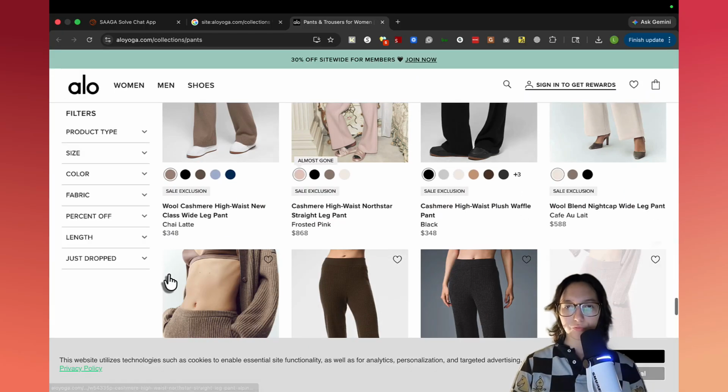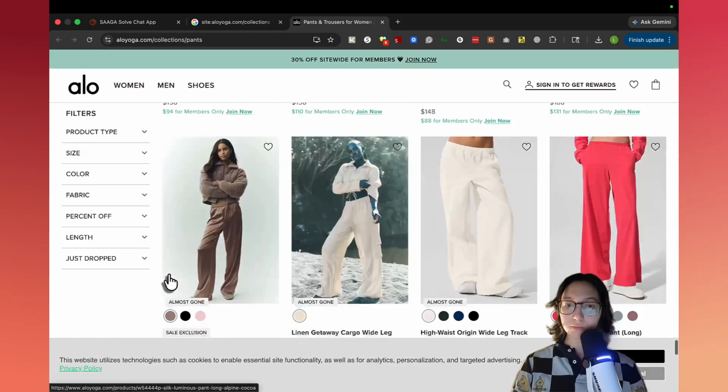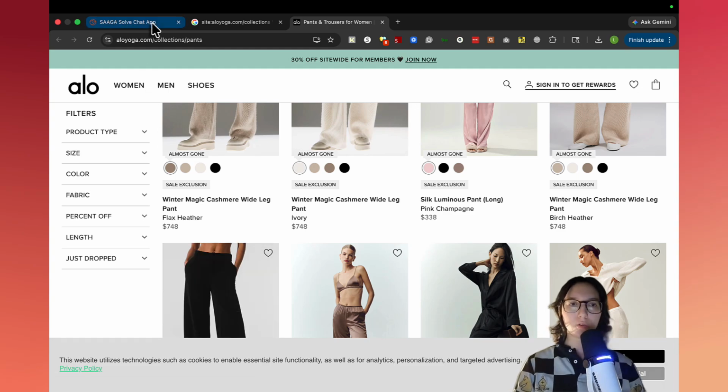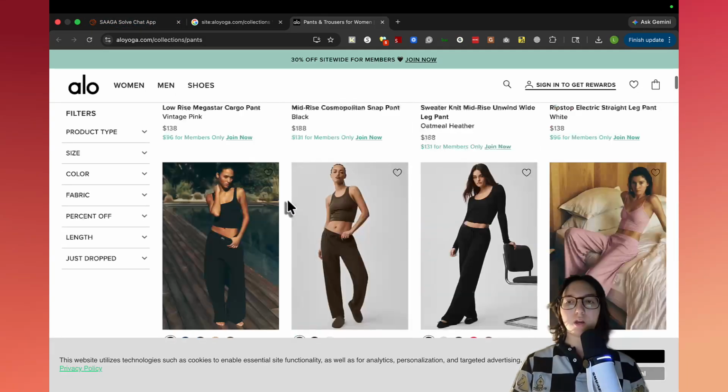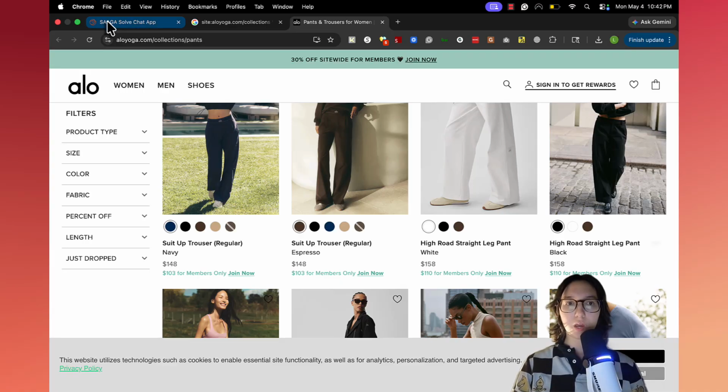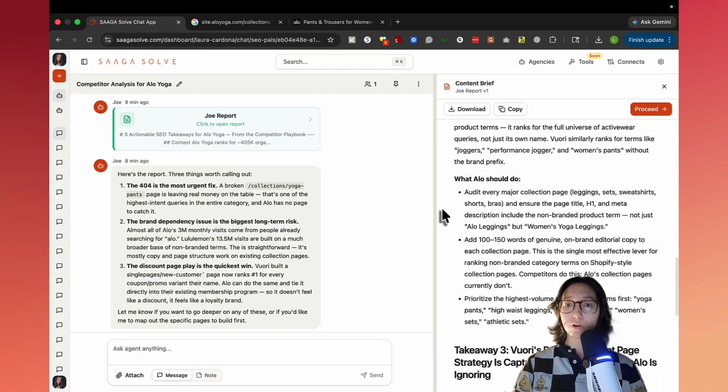Looks like this is a forever load, but if we can get to the bottom of this page, adding an FAQ at the bottom is also something really nice e-com sites can do to ensure that they are targeting the right keywords and not just relying on that branded keyword.